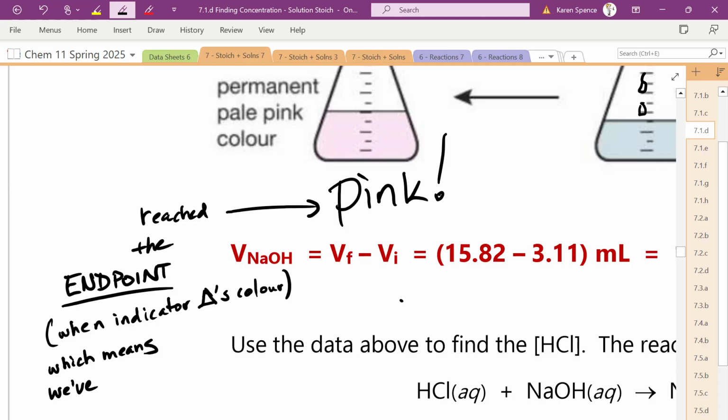And we spend actually a lot of time in grade 12 looking at that, where we're like, which indicator should you choose? This one will change color halfway to the equivalence point. That will be useless to you, yes? And you'll learn how to predict which ones will change at the correct pH. For grade 11, you can just assume that your teacher has done a good job of choosing the correct indicator, so the end point will occur at the same volume as the equivalence point, okay? So we've reached the end point, which means if we chose the right indicator,